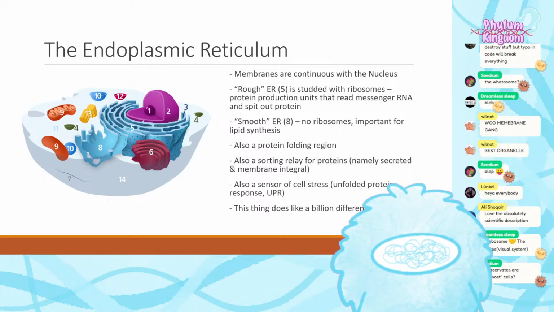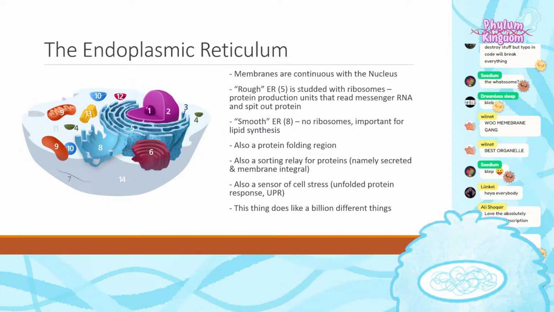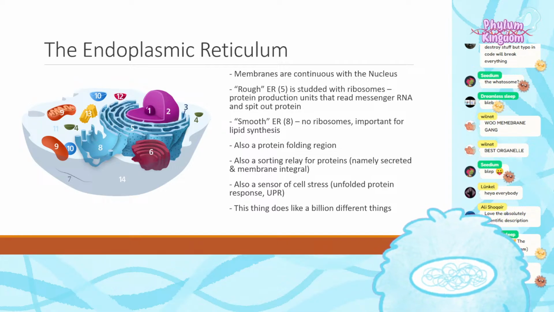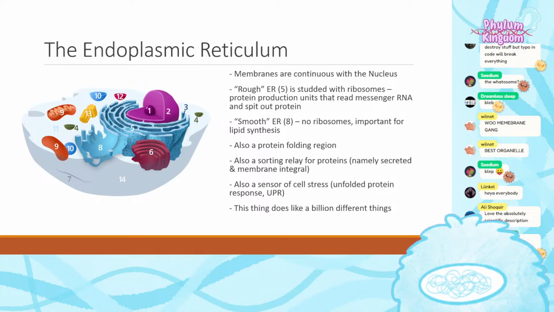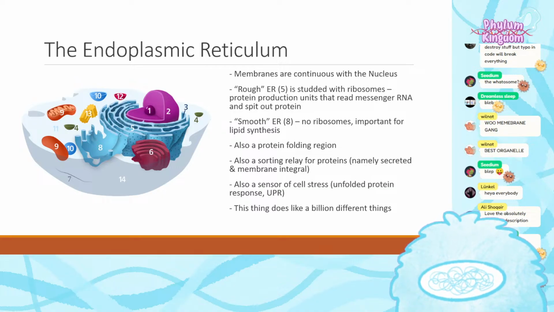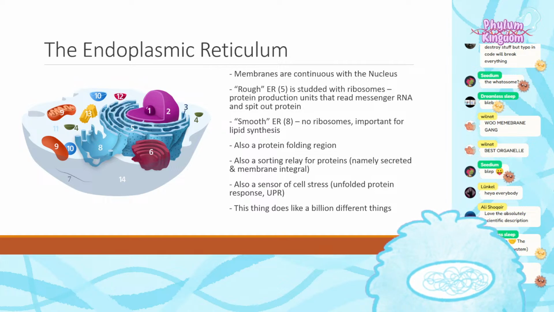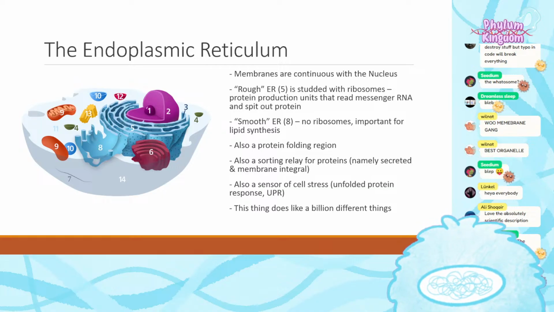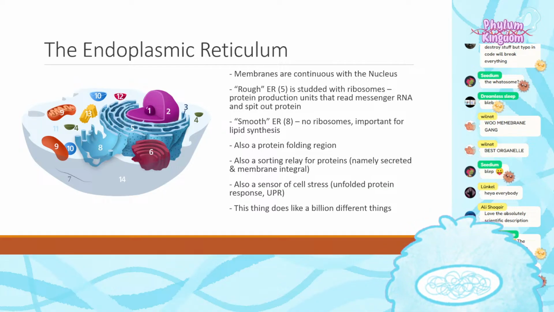Let me move myself out of the way here. The endoplasmic reticulum. So this organelle is, I think, underappreciated in the wider context of cultural understanding of biology, right? These are organelles that are continuous with the nucleus. So we think of the nucleus and the endoplasmic reticulum as different things, but they don't really have a strict border around each other, right? They are connected. And the endoplasmic reticulum is made of rough components labeled here in 5, and then smooth components labeled here in 8. And these places have different functions.